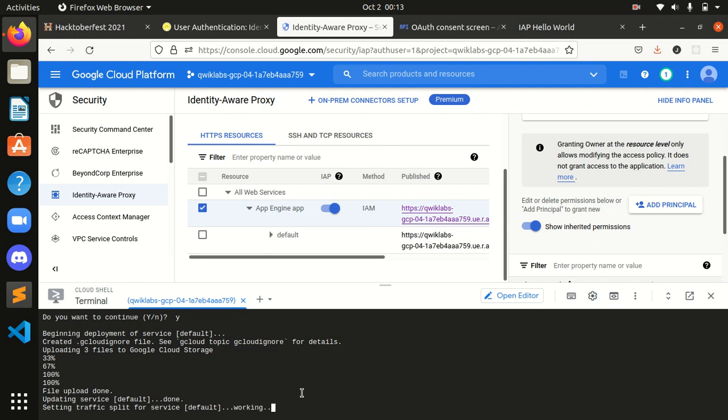Okay guys, as we can see, it's changing the defaults over here.